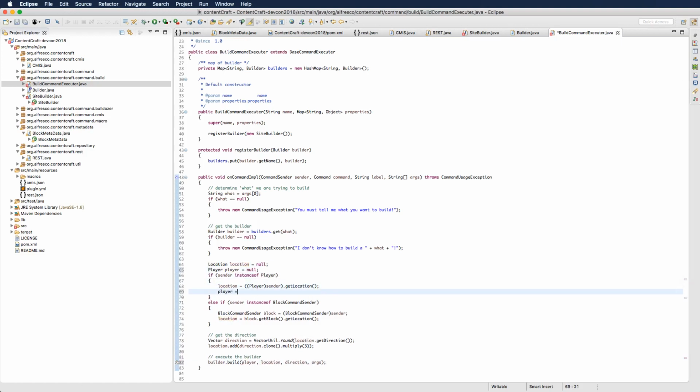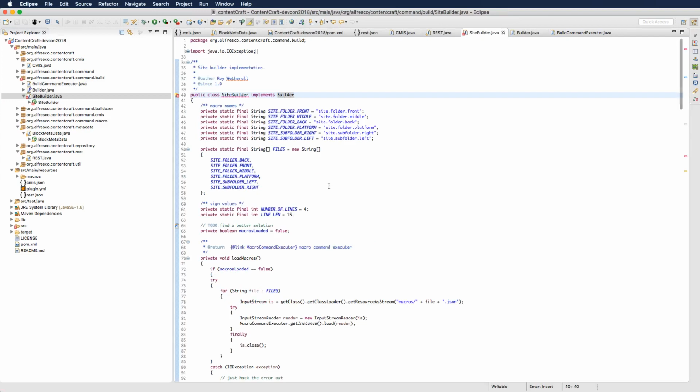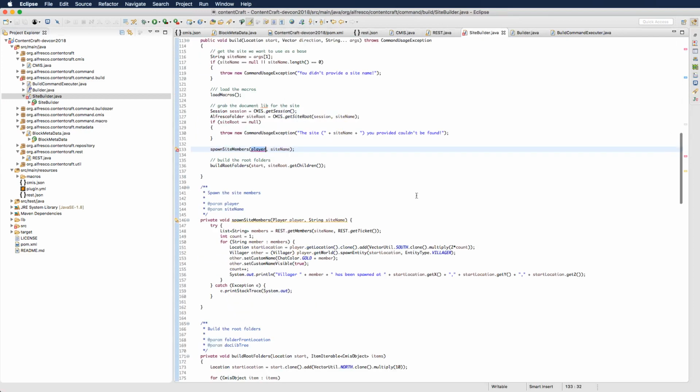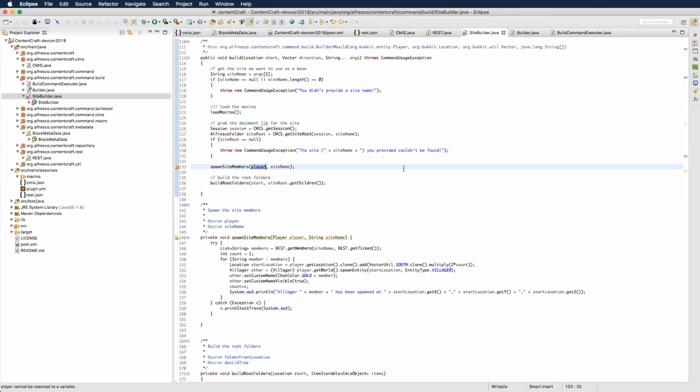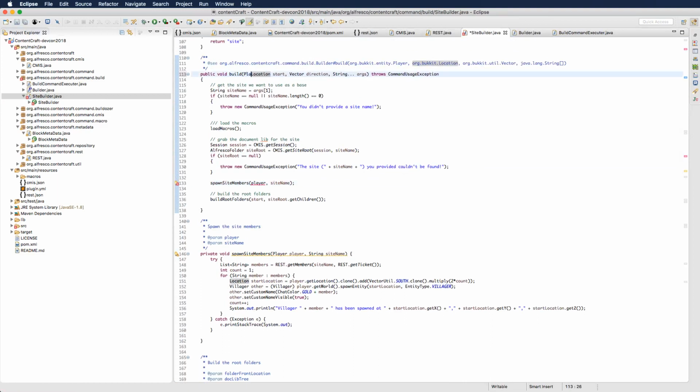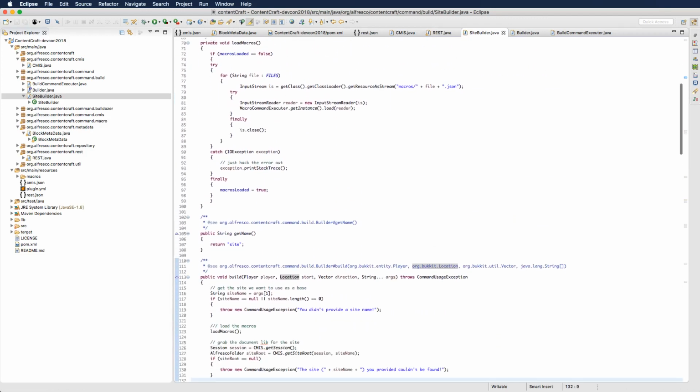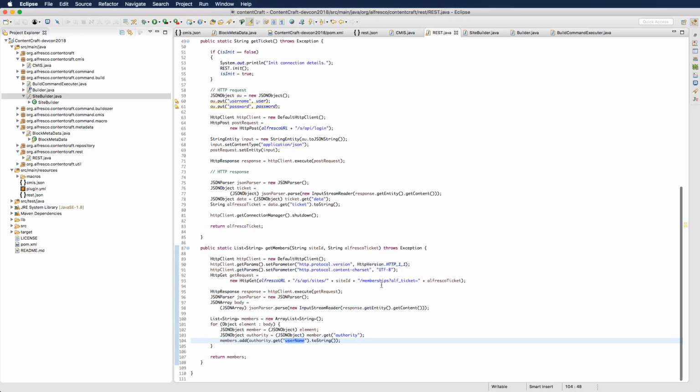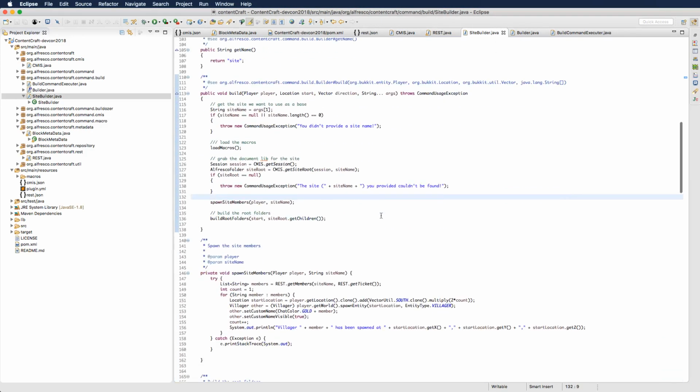Okay, player center. Okay, we're done. So now we have some problem inside, which is because we need to pass the player at this point, and it's done. Okay, it's fine. So now we have an invocation to the REST API to retrieve all the members of the site, and now we are able to spawn all these